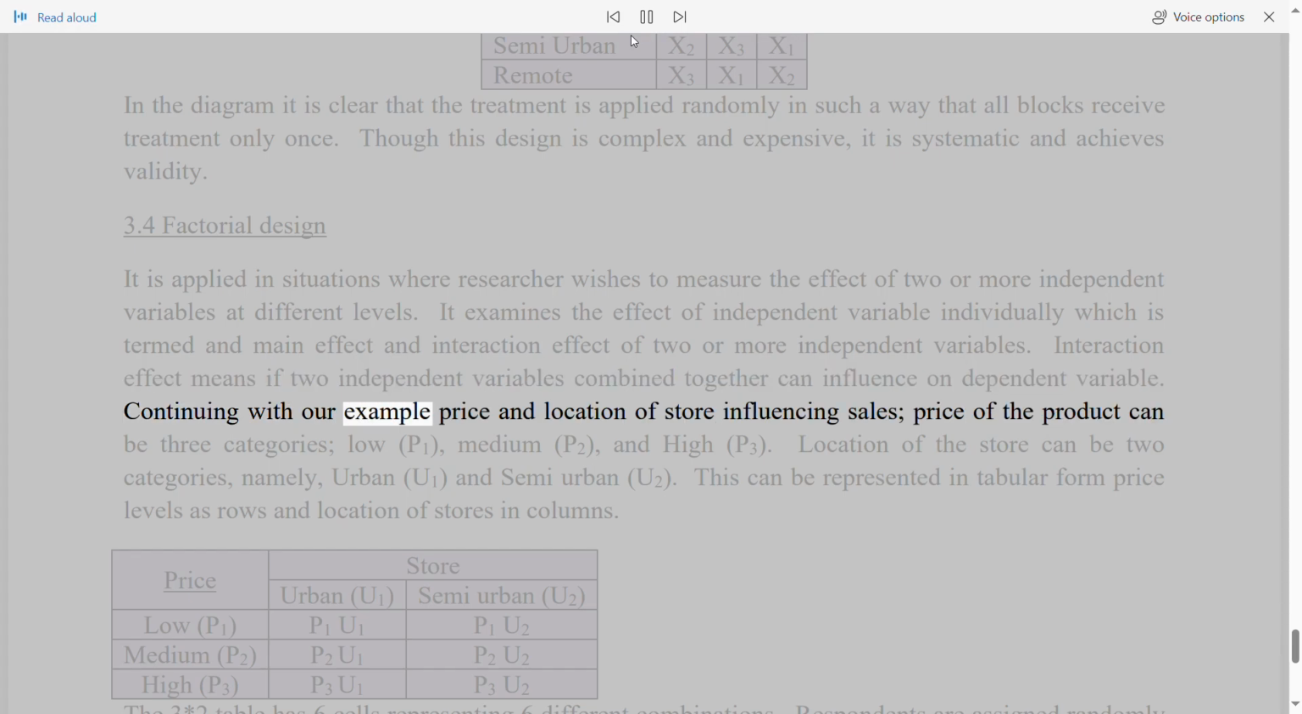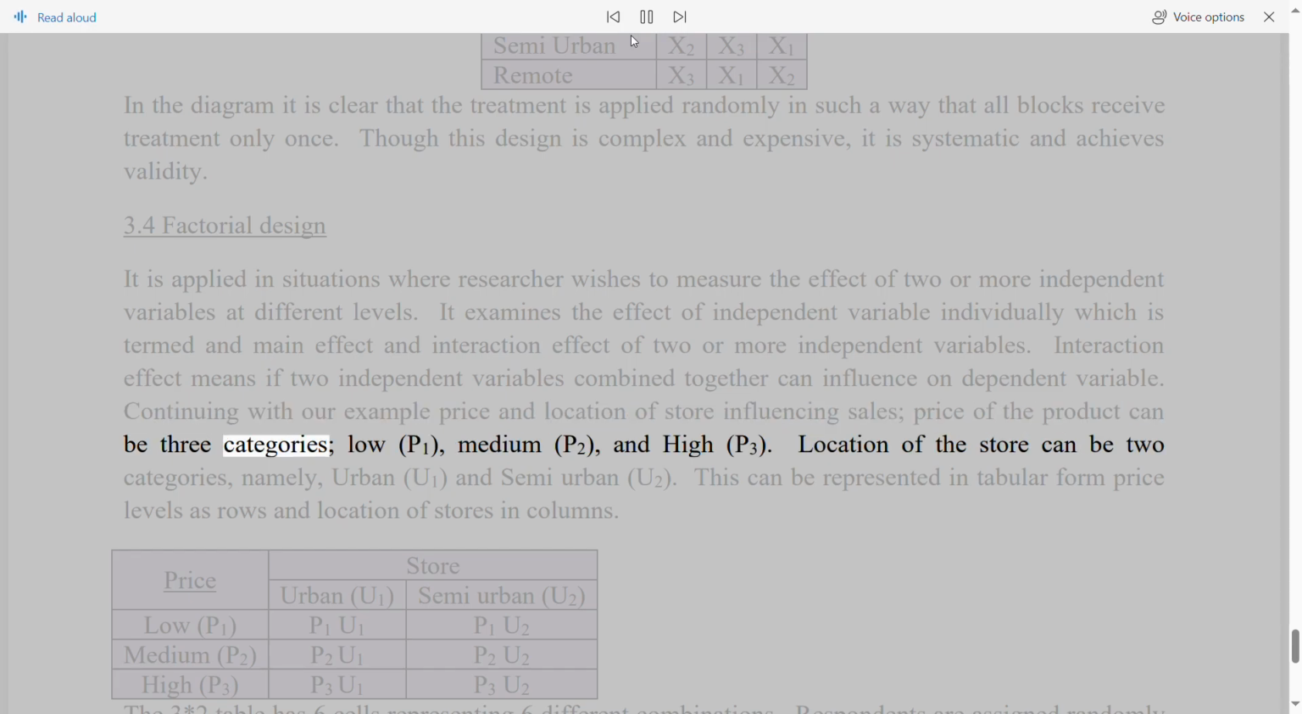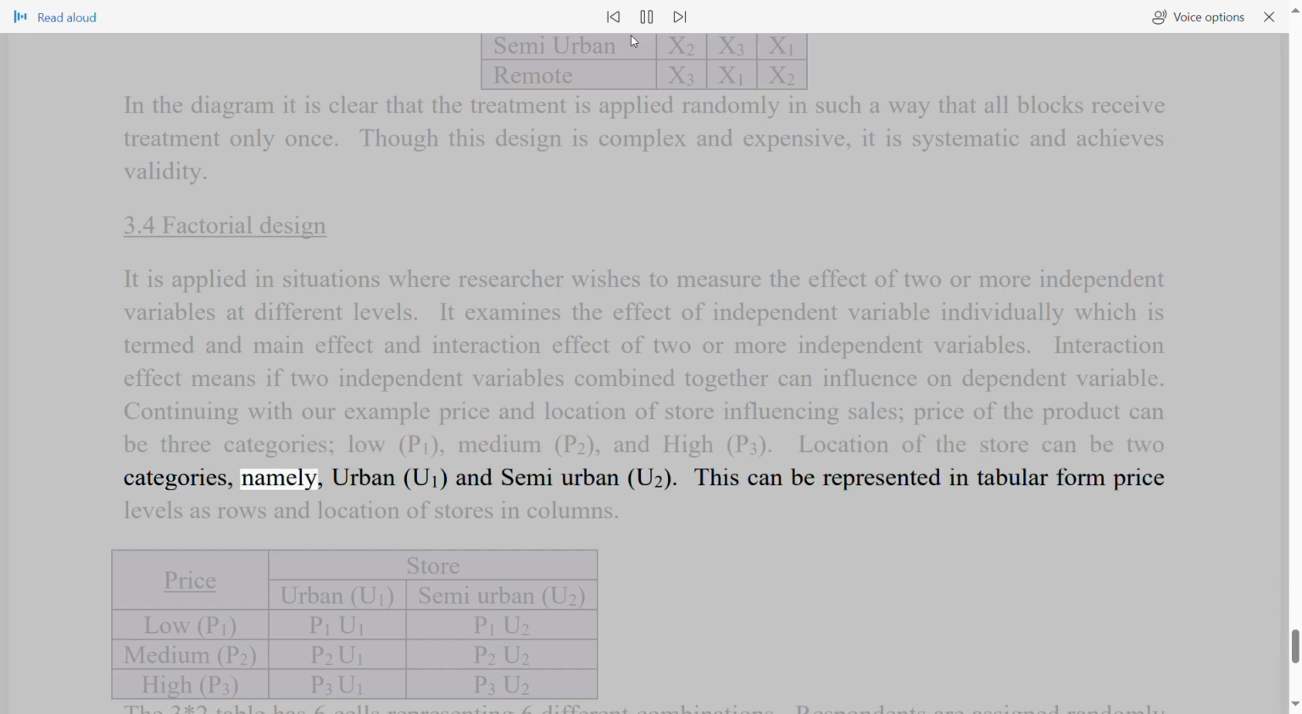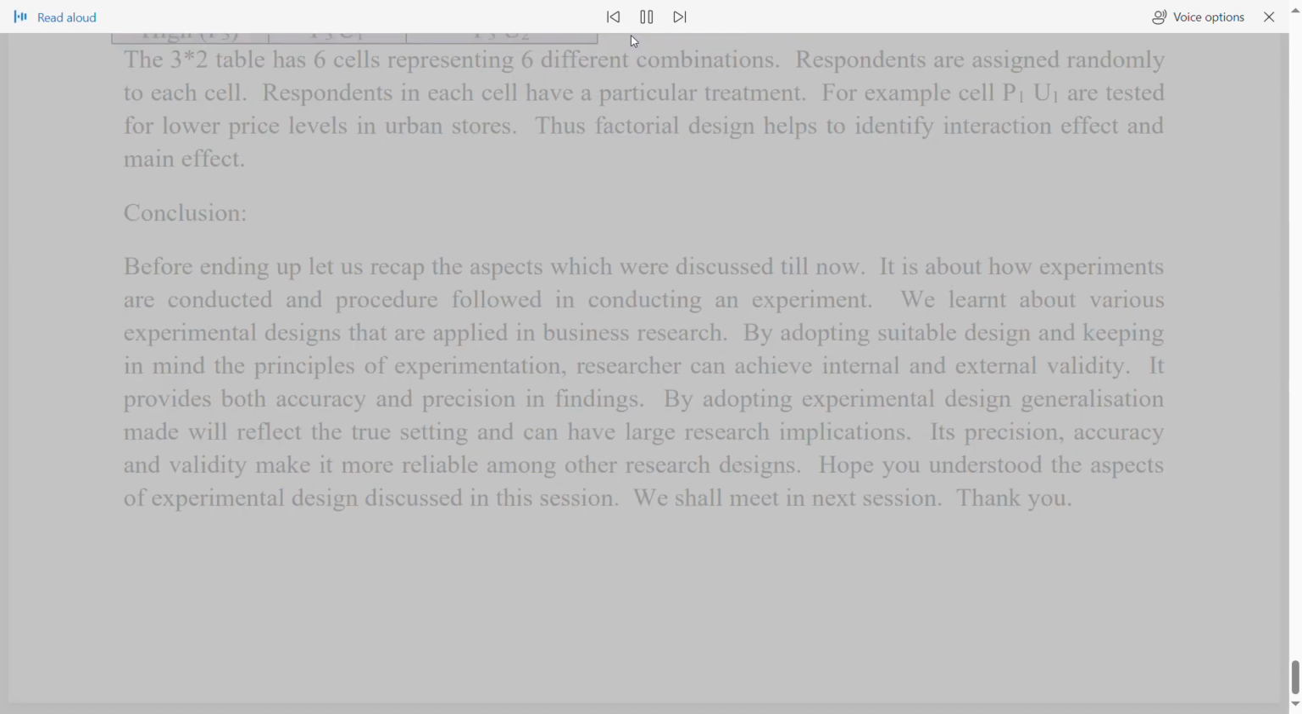Continuing with our example, price and location of store influencing sales. Price of the product can be 3 categories: low, P1, medium, P2, and high, P3. Location of the store can be two categories, namely urban U1 and semi-urban U2. This can be represented in tabular form, price levels as rows and location of stores in columns. The 3 asterisk 2